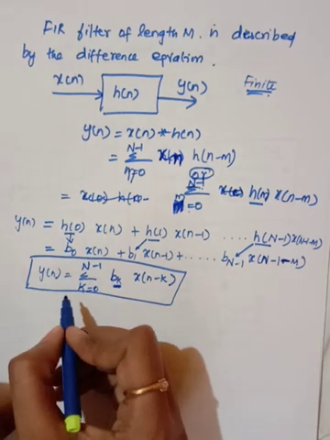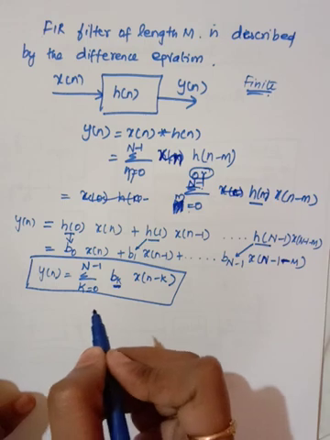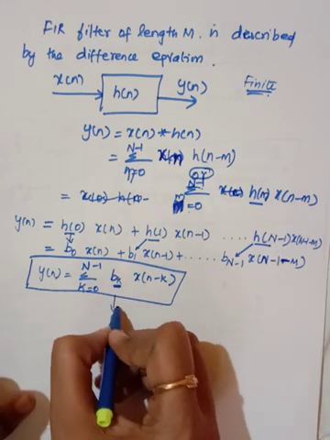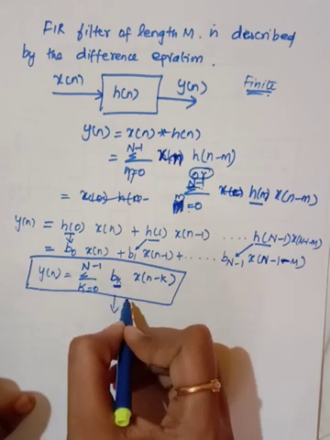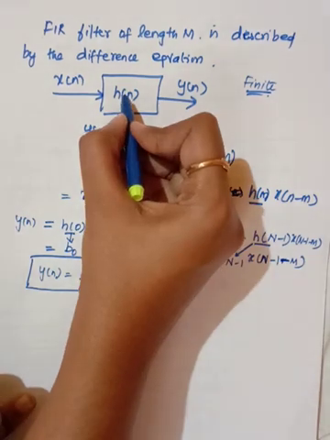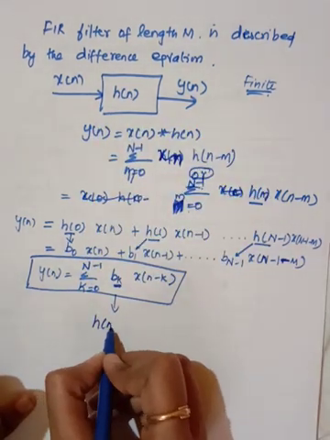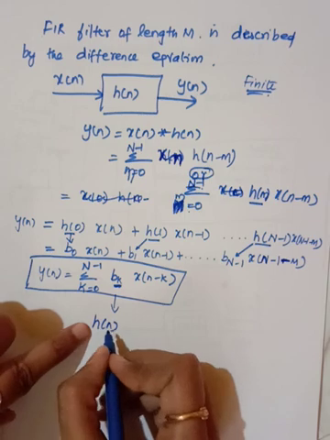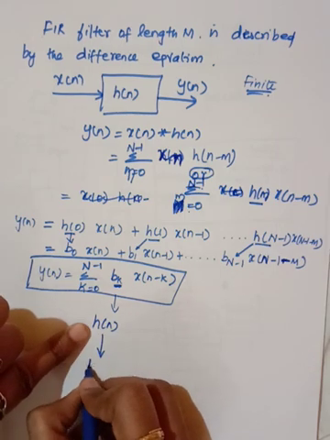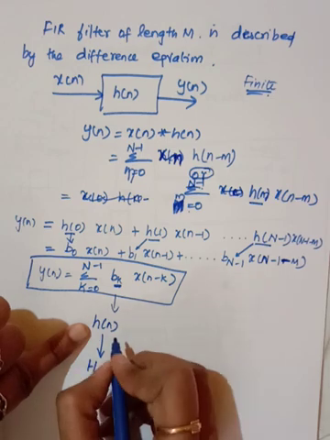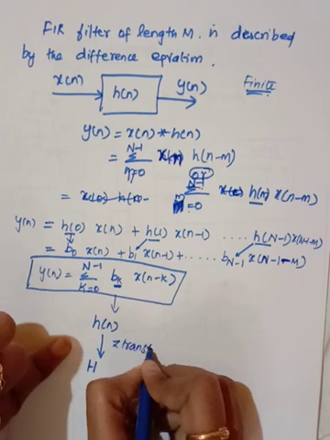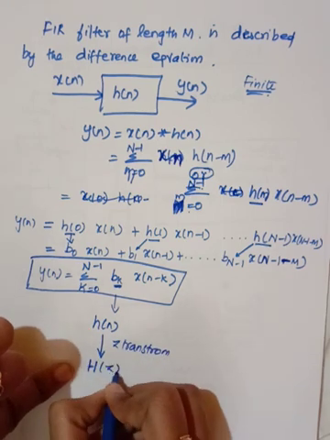So what we are going to do throughout this unit 2 is concentrate on designing these filter coefficients. Then we will find out the transfer function of the filter. So this is h of n, right? When we find h of n, after that I am going to convert it into the frequency domain. Since it is a discrete time signal, I am going to perform the z transform. Then I am going to obtain h of z.